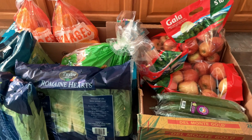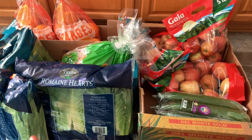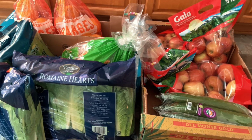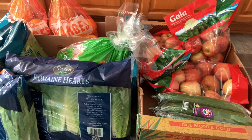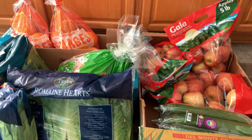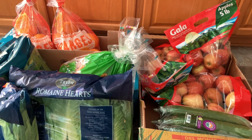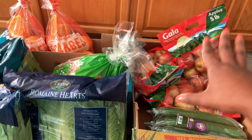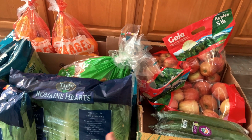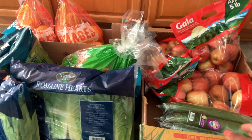All right, so it's time to get started. I went to Sam's Club the other day and bought all of this, and then some more in the refrigerator that I didn't pull out. But yes, this is everything to get me started for at least, I want to say at least 4 days, if not more. And then I may have to re-up on my celery or cucumbers or something, whatever. But I think I got like